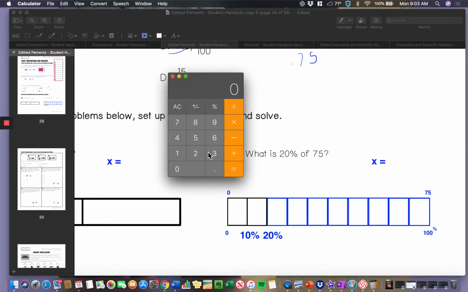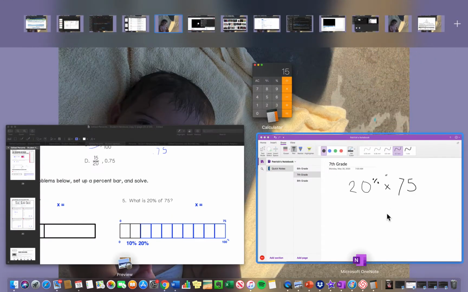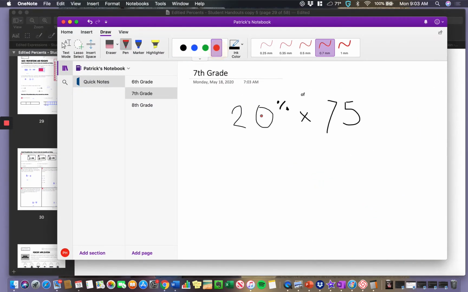So I could do this a couple of different ways. I could do 75 times 20%, and that's going to give me 15. Or another way to do it is I could take it as a decimal. So 75, instead of 20%, I can make this a decimal. And remember, if you're going to be making it a decimal, you have this little invisible decimal point right there. With that, I can move it 2 spots to the left, giving me